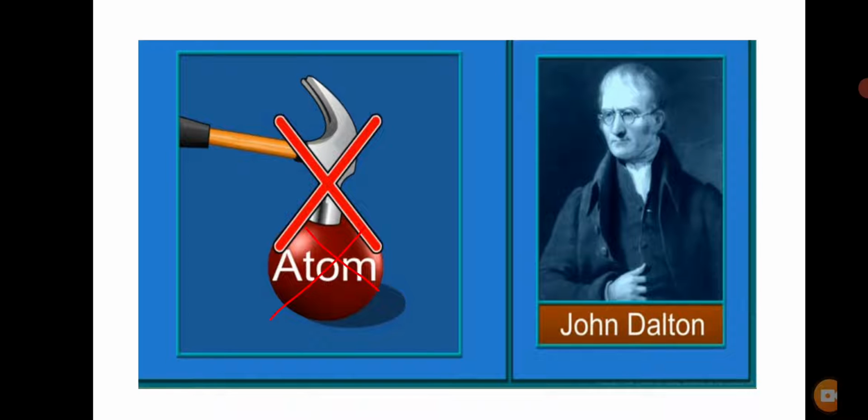So in this chapter, we will learn about the discovery of these different particles, the different models of atom that were given to explain how these particles are arranged inside the atom. Then we will study about the distribution of electrons in different orbits around the nucleus. So let us start with the discovery of